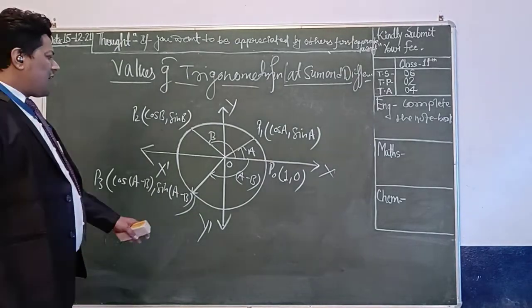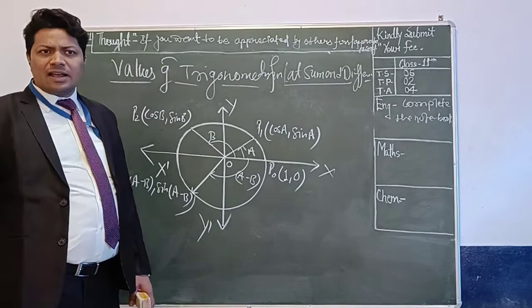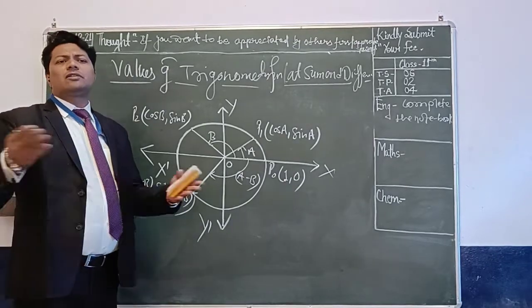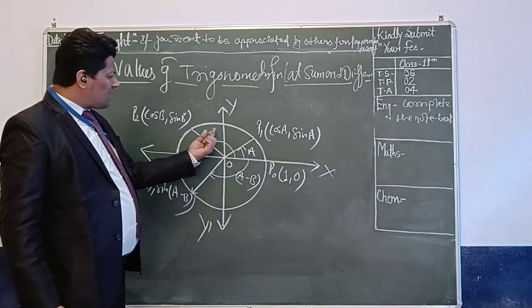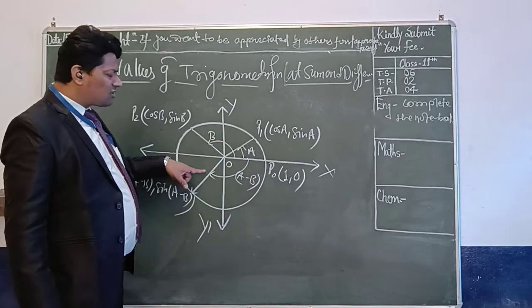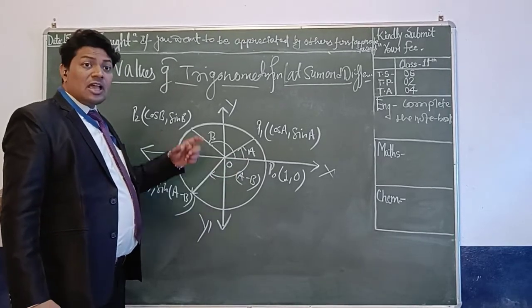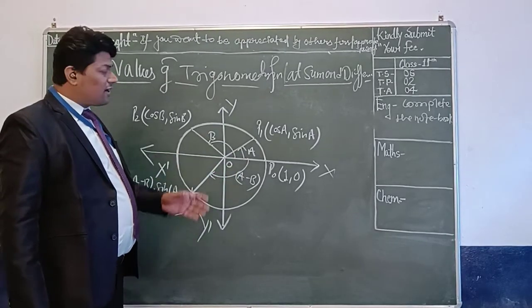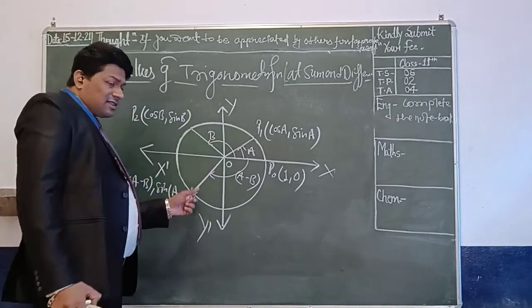Is it clear? Now this rotation, the amount of rotation, is known as angle. As I told, the amount of rotation is called the angle. From this point to this point, if we talk about this rotation, you will get a minus b. And in yesterday's diagram also, I told about the rotation. Is it clear? The rotation will be in this circle.